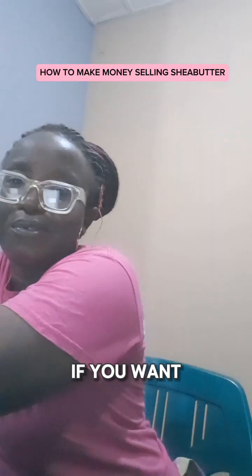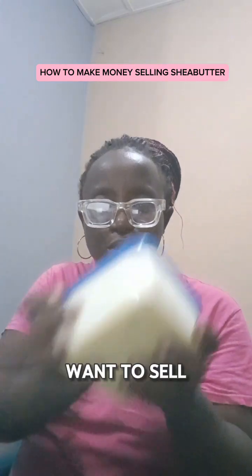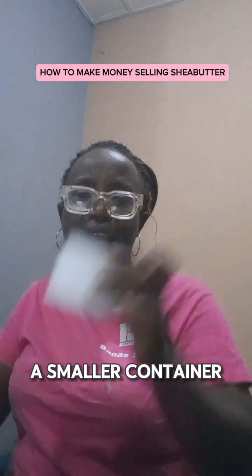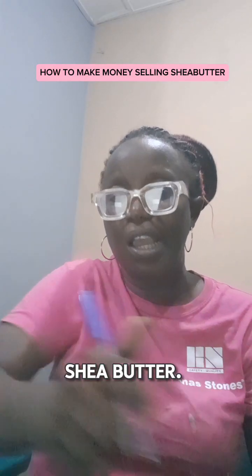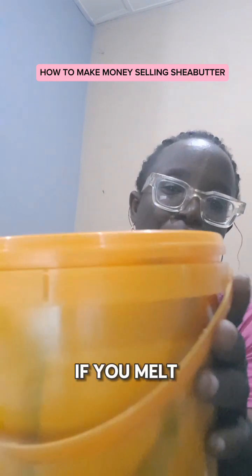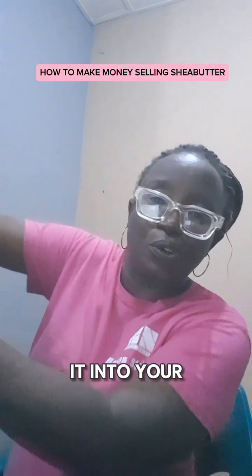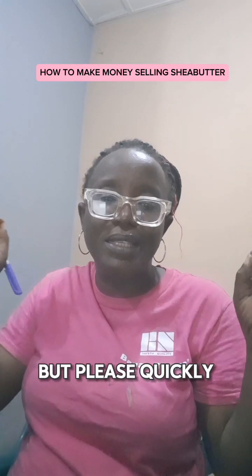So you divide. If you want to sell in the 500 gram, you decide and you buy this. If you don't want to sell in the 500 gram, you look for a smaller container. If you don't want to sell in a smaller container, you look for another smaller container to melt the shea butter. Don't put it in the sun. As it's in the sun, it will melt, and when it melts, then you distribute it into your containers and then you cover them back. That is it. But please quickly take it